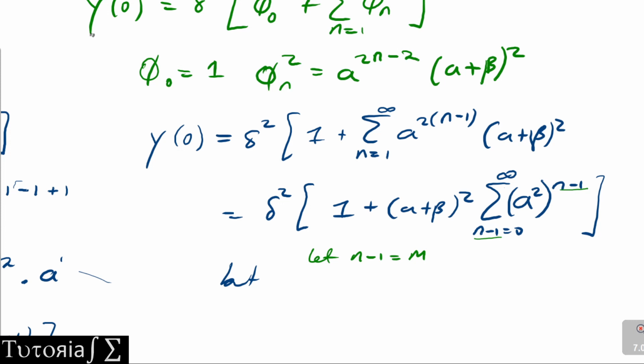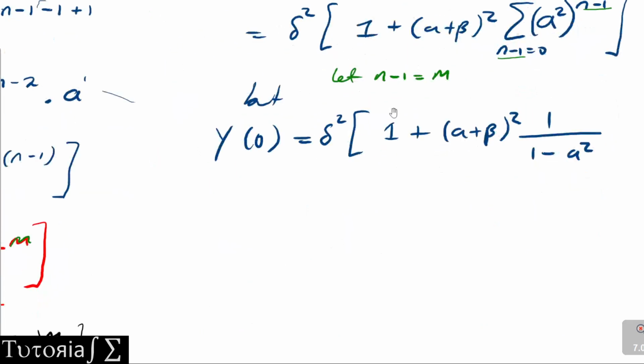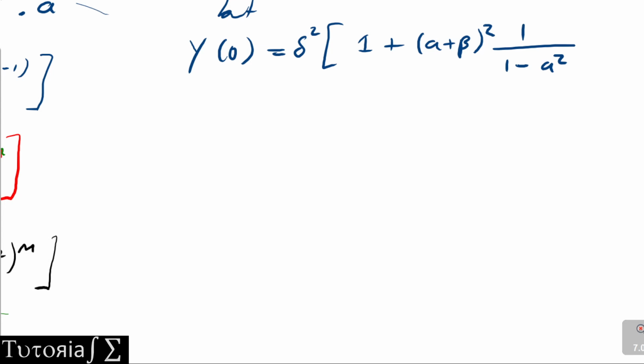And basically what we're going to have is y0 being equal to this, 1 plus a plus beta squared, then all over 1 minus a squared, from the definition of a geometric series. So now we have our y0, which is that,